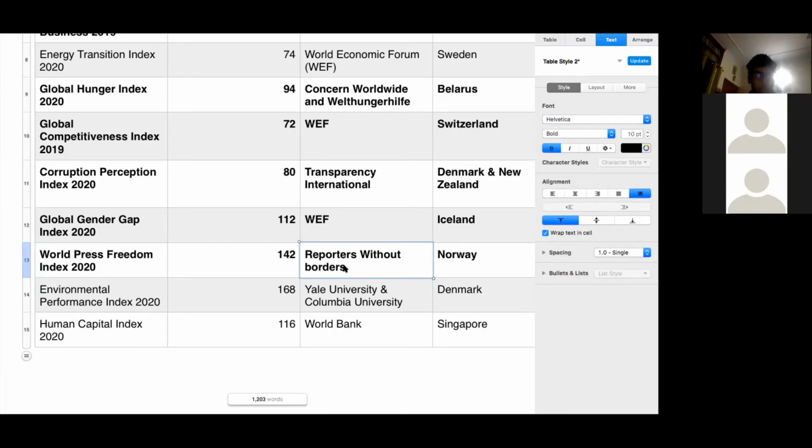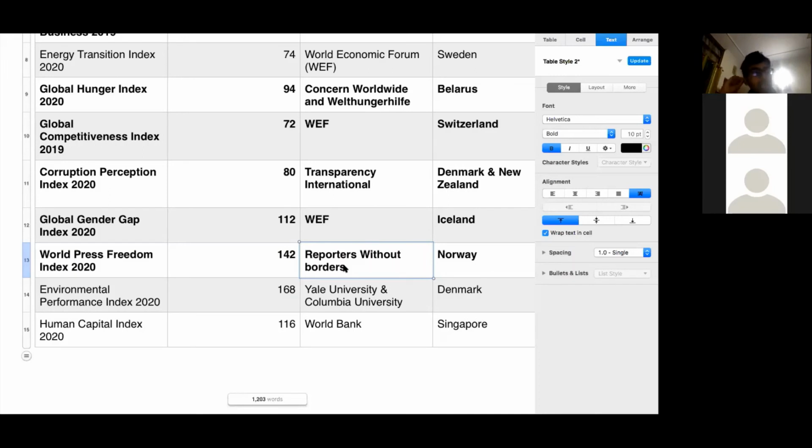Reporters Without Borders is an organization that originally started in Europe. And this is basically a global organization of journalists and reporters across the world. And they publish this annual ranking, annual index and a report. There's a report and then there is an index in that report, and there is a ranking based on that index, which is called the World Press Freedom Index.